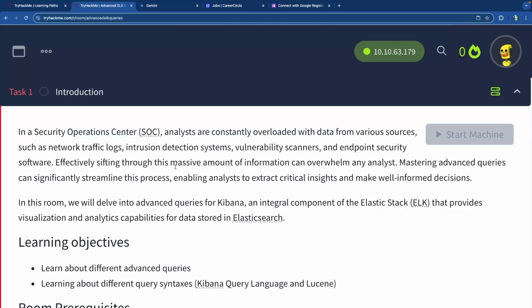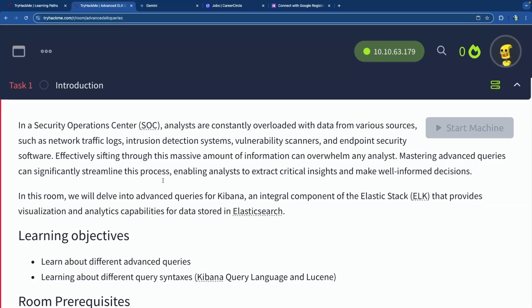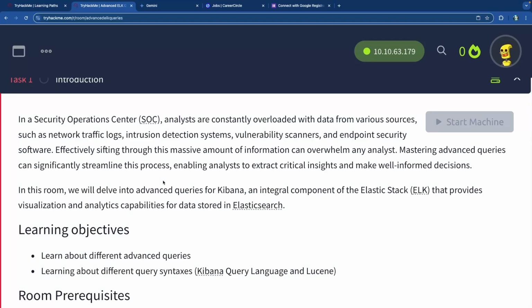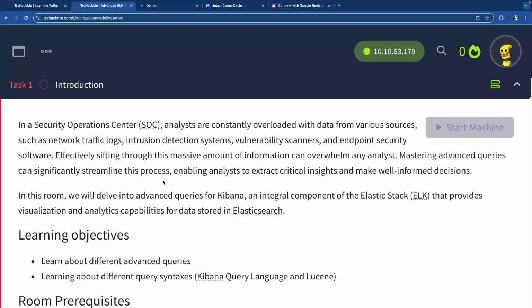We went through a logs room, so if you never saw the logs video, or the intro to logs series, there were about 4 videos where we went through all the different types of logs and how to manually parse through them. There are just so many logs that exist in a network security or system security environment, and it gets really overwhelming. Trying to parse through those things manually is going to drive you insane,